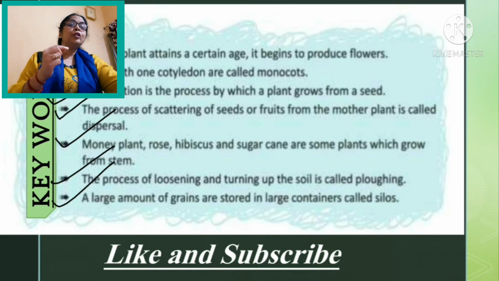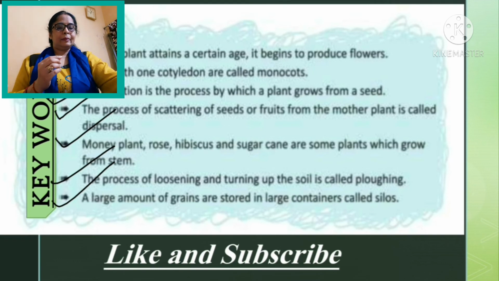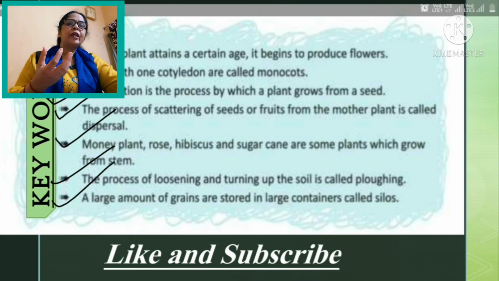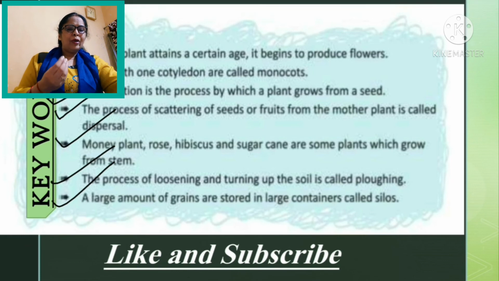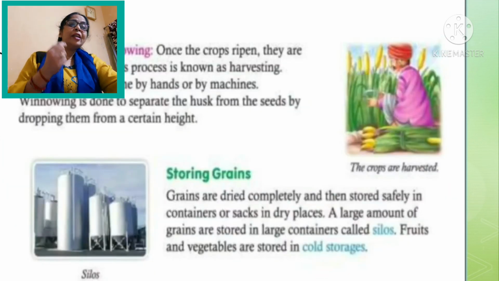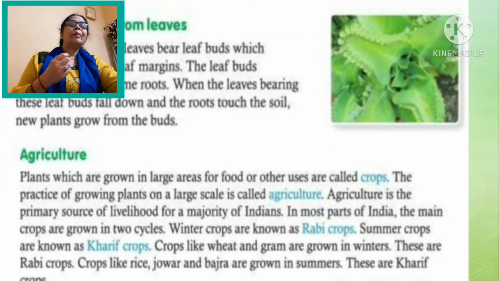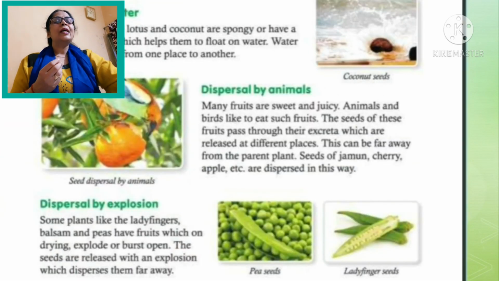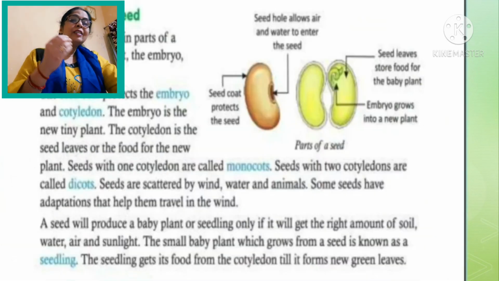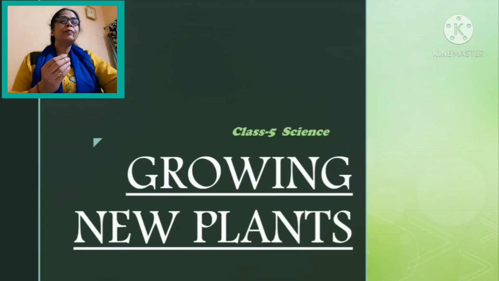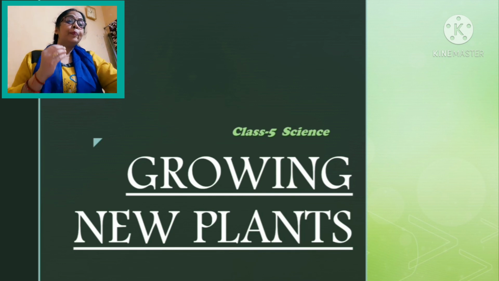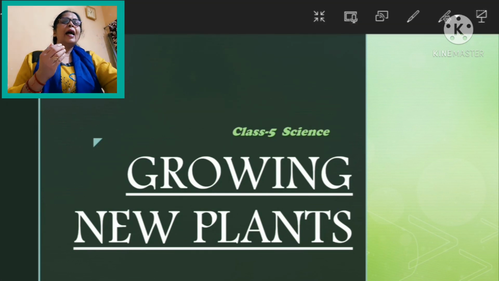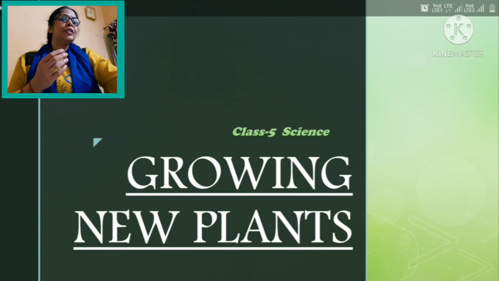Now the fourth step is irrigation. Watering the crop is irrigation. And nowadays modern methods like the drip irrigation method and the sprinkler method are very popular, and in these methods water is used economically. Okay, now crop protection from the attack of insects, rodents, and different types of disease.